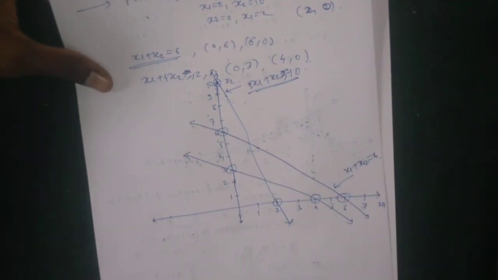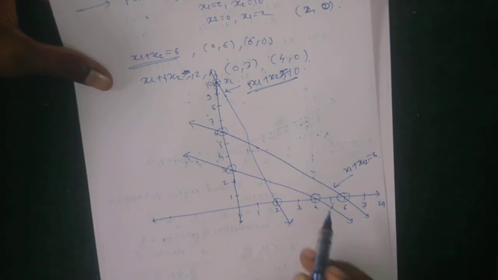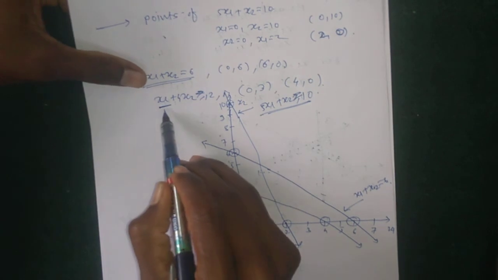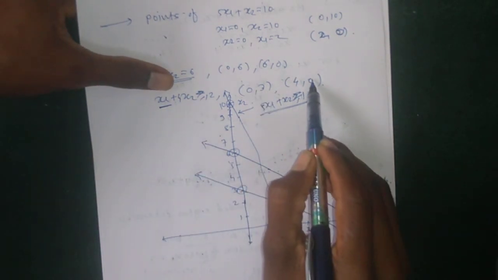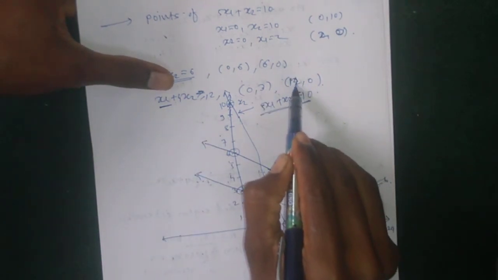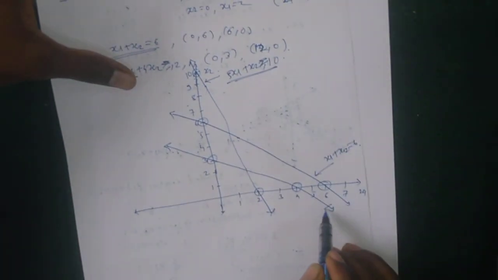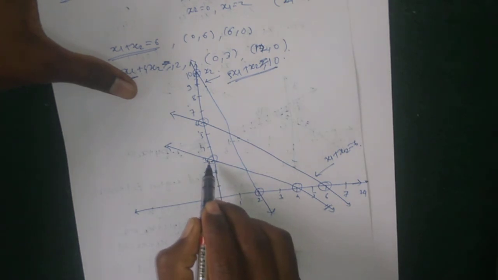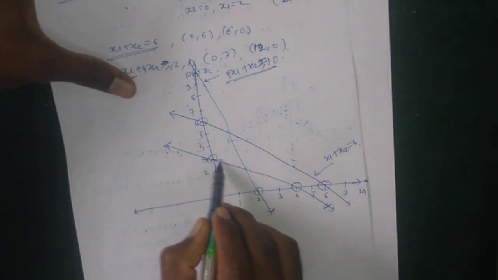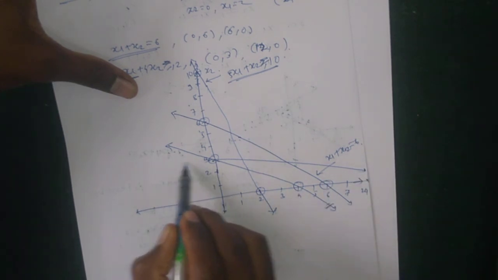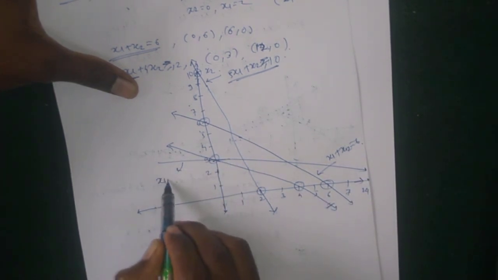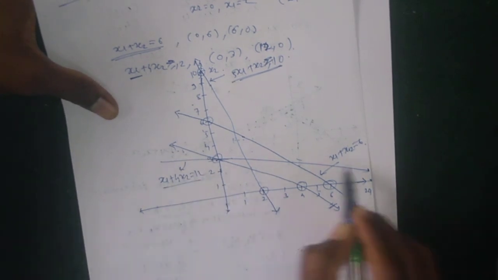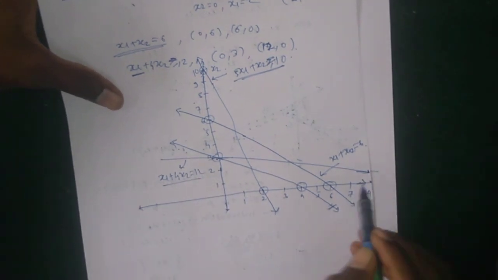Then here, points are wrong here. This is x1 plus 4x2, x2 is equal to 0, then x1 is equal to 12. Okay, so this line is wrong. This is in this way, 12. Okay, in this way this is 12. This line is x1 plus 4x2 is equal to 12. This line is in this way here, lastly 12.